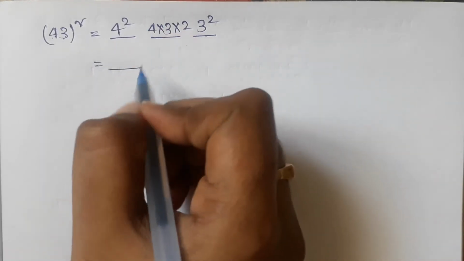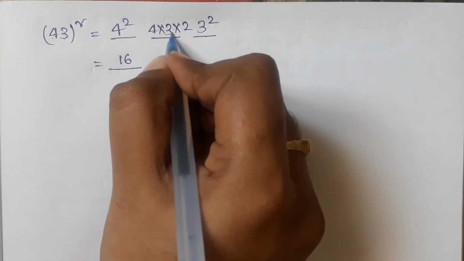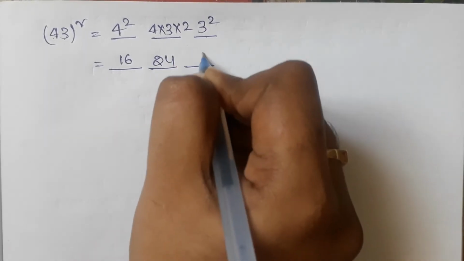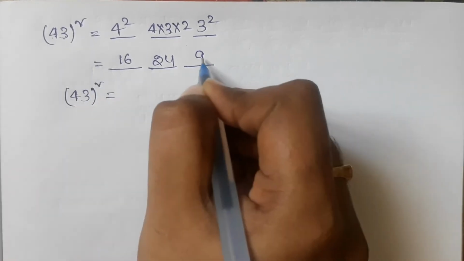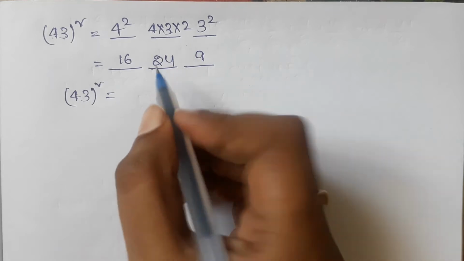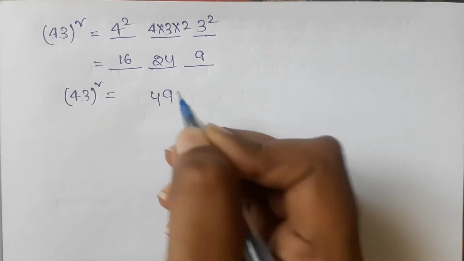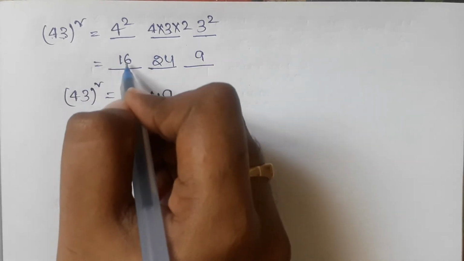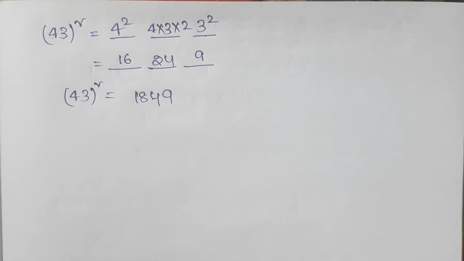We know that 4 square is 16, 4 into 3 is 12, 12 into 2 is 24, and 3 square is 9. Now we write this. Here 9 is written, and in 24 we write only 4, and the 2 is carried forward to 16, that is 16 plus 2, 18. And now 43 whole square is